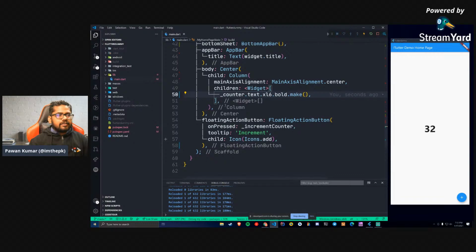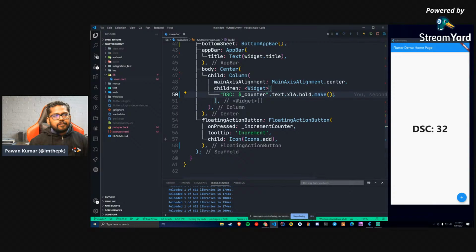Also, let's do one thing. Let's add some keyword here. Let's say DSC. So I can just say DSC. So this is a DSC counter app. So I can just use a string over here. I'm using that, so this I can remove actually. So now you can say DSC 32. It's still looking very bad.